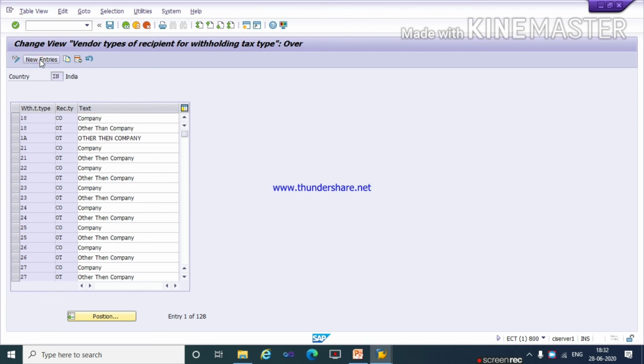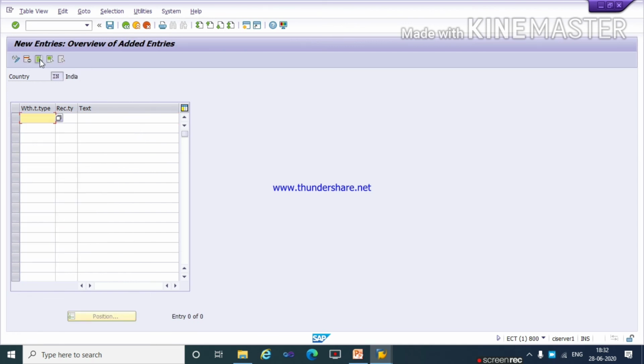Click on new entry. Here we have to mention the withholding tax type which we have created now, that is CI. CI is for 194C invoice posting. Here we will give a recipient type, that is CO for company. Same we will define for other than company also. So we will give recipient type OT for other than company.